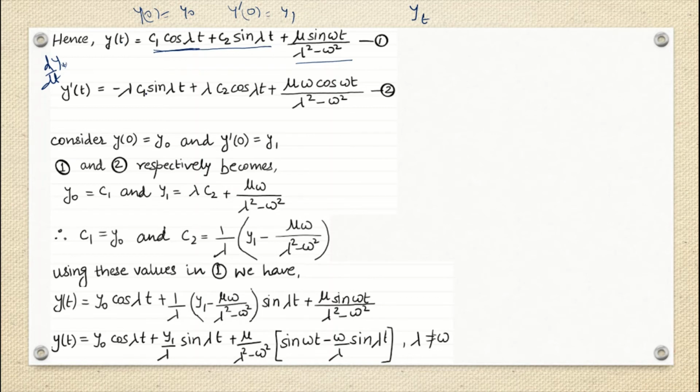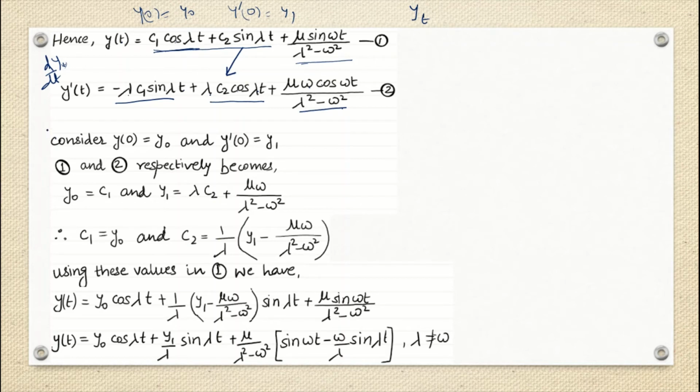This is your cos, so it will give you negative of sine lambda t. So lambda constant will come here, c1 is present here. Fine. Now for the second term, sine will give you cos lambda t, and then lambda, and then c2 is already present. So this is your second term. Now what about your third term? In this third term, the denominator part is as it is, correct? Lambda square minus omega square, and then sine will give you cos omega t and then omega mu. So this is the y dash t you got.